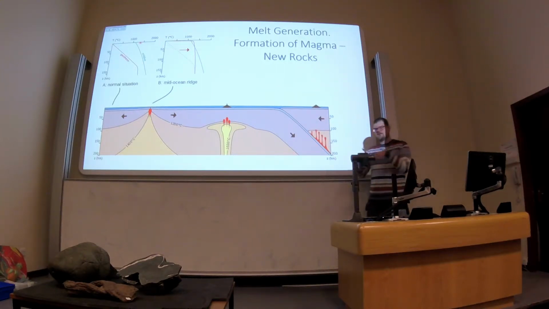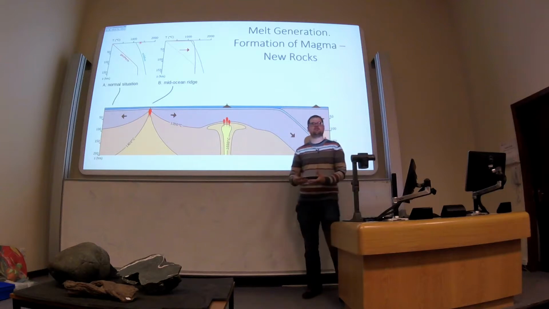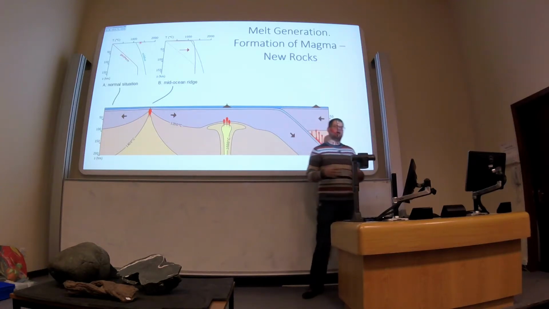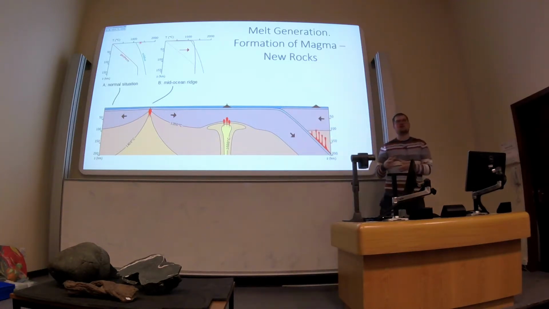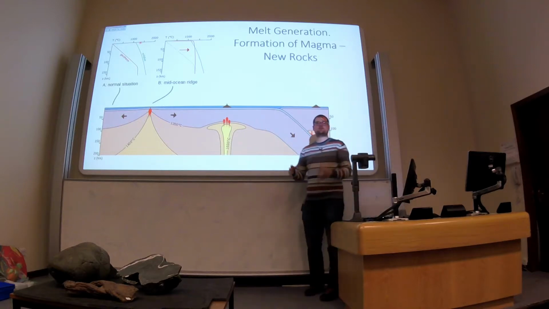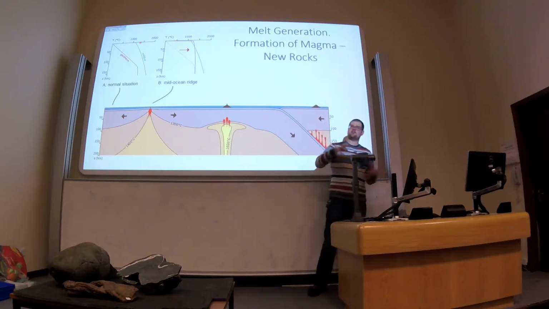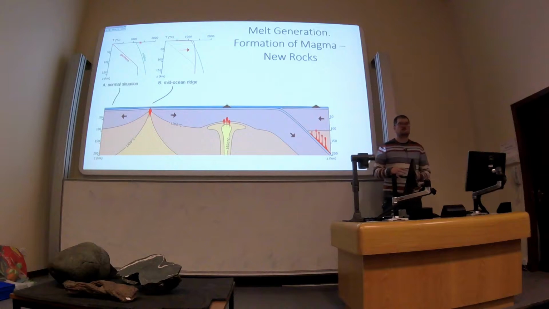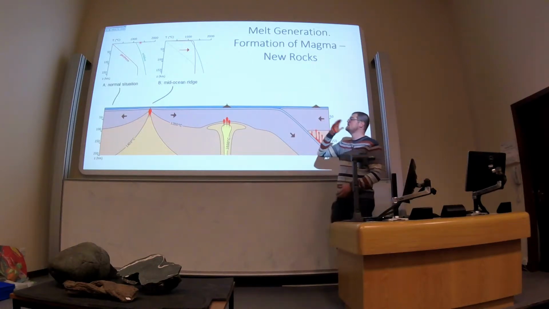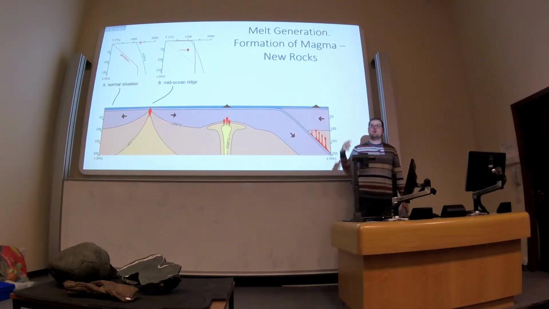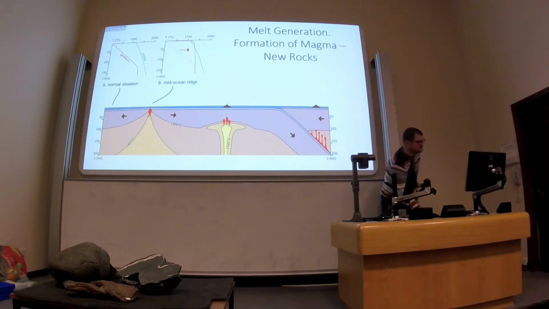But as you go down into the Earth, the pressure increases. You should know that as things go from solid to liquid, they usually increase in volume. So if the pressure increases, it's harder to do that increase in volume. So at higher pressures, you need to raise the temperature more to melt something. So that's what this green line is here.